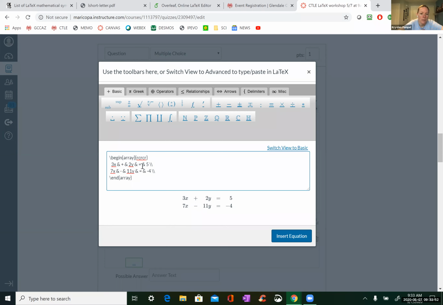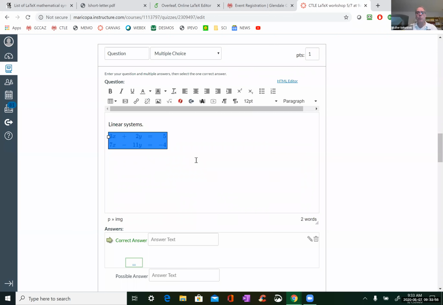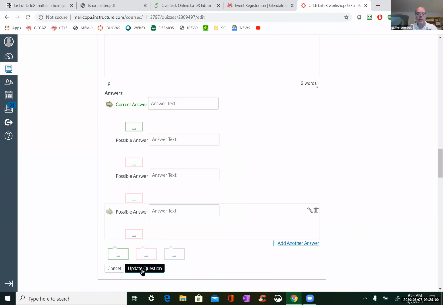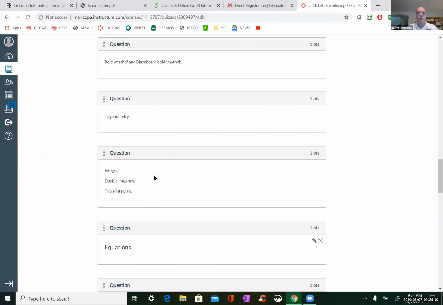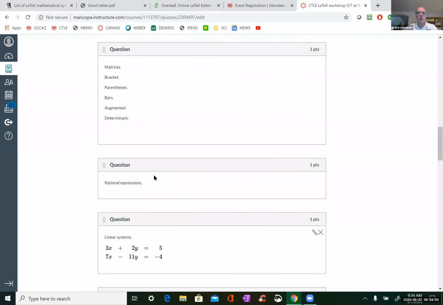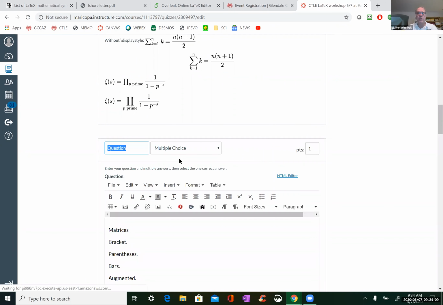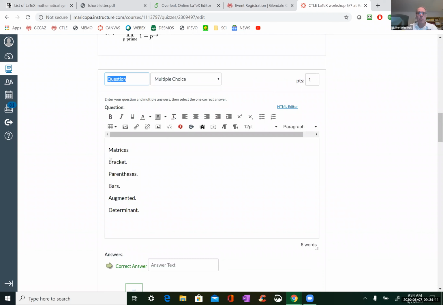Walter, do we also use the array function for matrices? It depends on what you're trying to do. So let's do that next then. Okay, it depends on what you want to do. Matrices, okay? Now there's a whole bunch of, see, that's why I have them, okay?